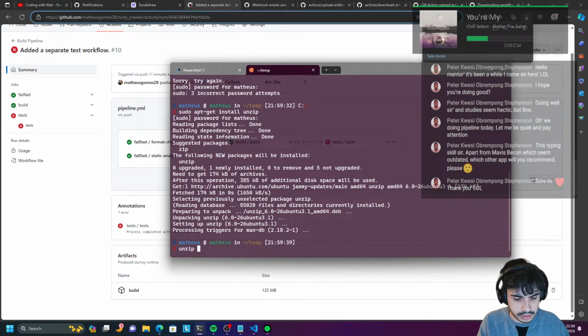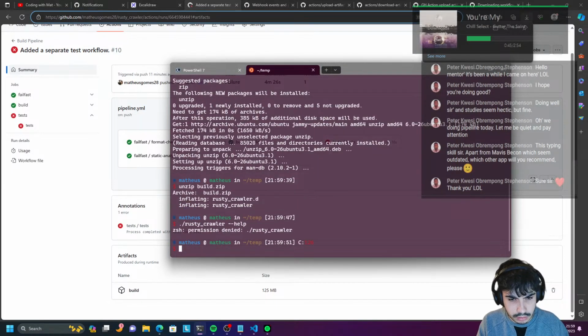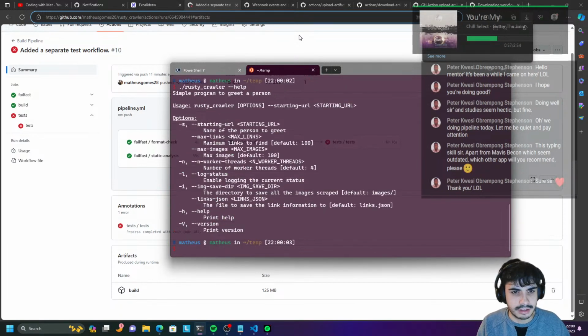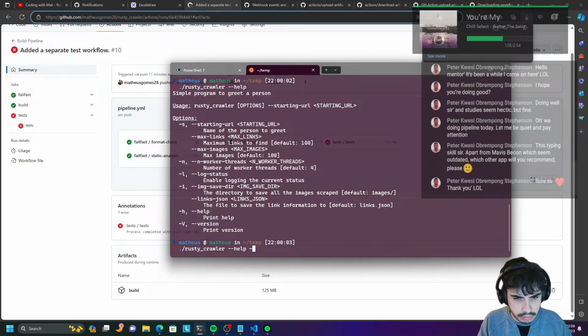So I can now do an unzip build here. And if I do rustic crawler, permission denied, it's okay. Because it's a zip, when you zip something, unfortunately it loses the executable permission. But something we can change. There you go, and it seems to be working, right? So this is the build I generated from the pipeline. So if I do a starting URL,